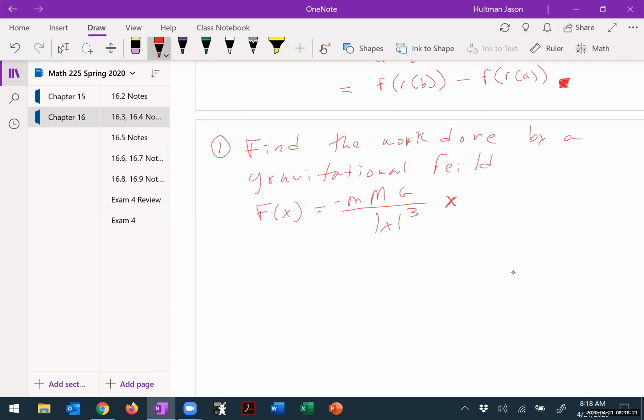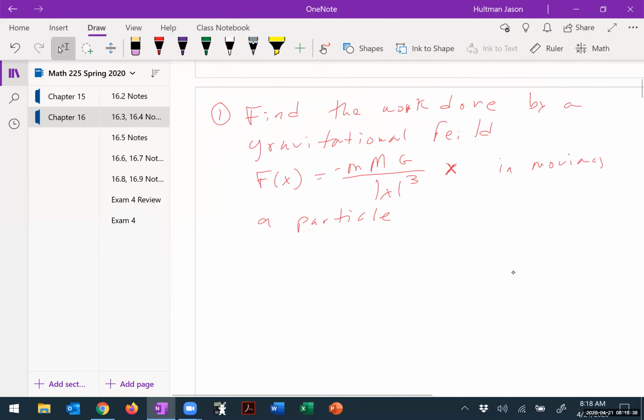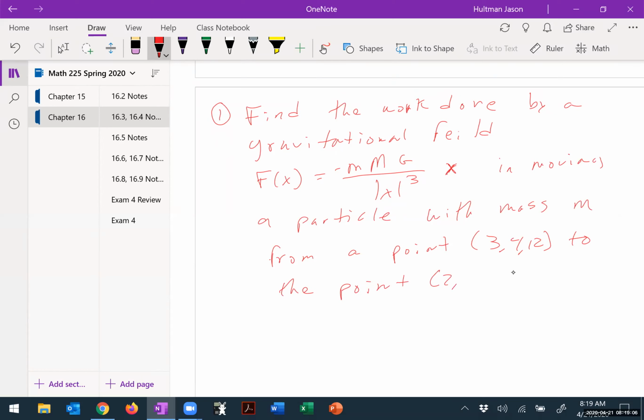Okay, find the work done by a gravitational field, F of x, in moving a particle with a mass lowercase m from a point (3, 4, 12) to the point (2, 2, 0), such that